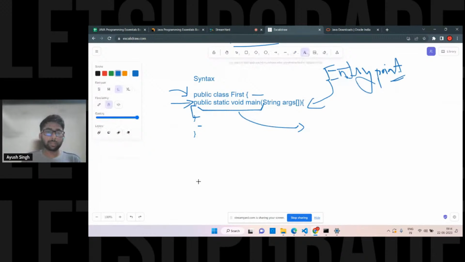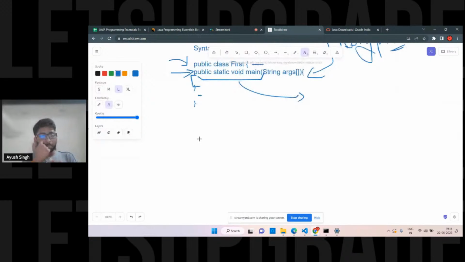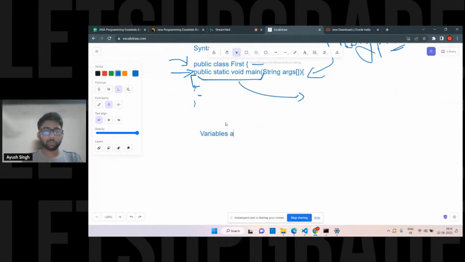Then there is one more term which you have to see, which is simple variables, right? So if you have already installed, I'll show you how you're going to run the first program. So before writing a program, we should know a few points in the syntax specifically. So we have this term variables and data type. So can anyone tell me what a variable and data type is? Anyone? In Java. Okay, because see, it may differ in different languages.